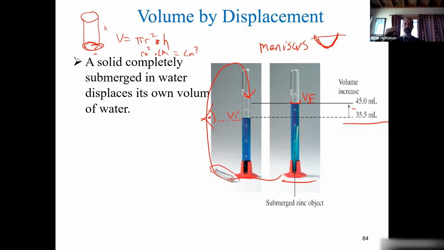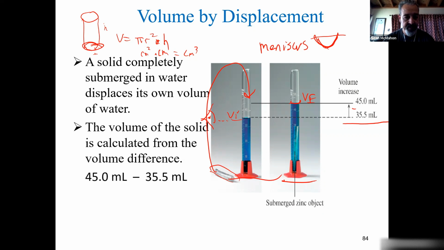You take an initial volumetric measurement on a flat surface, drop down to eye level, and read the bottom of the curvature. Then you take the object and carefully place it so it doesn't splash everywhere. Typically, you take it at a 45-degree angle and slide it down so it doesn't break the glass. And then you do your final volumetric measurement. So the difference, and now we're using rules of sig figs, we get